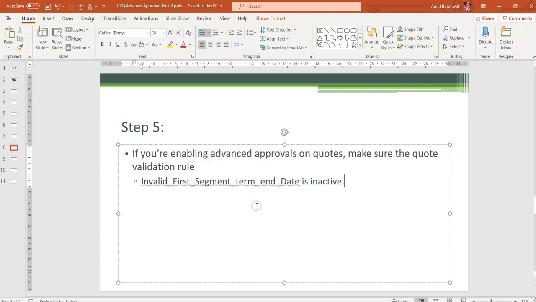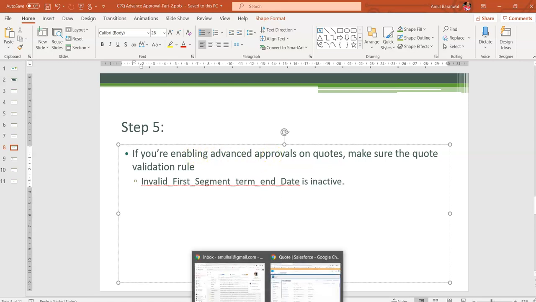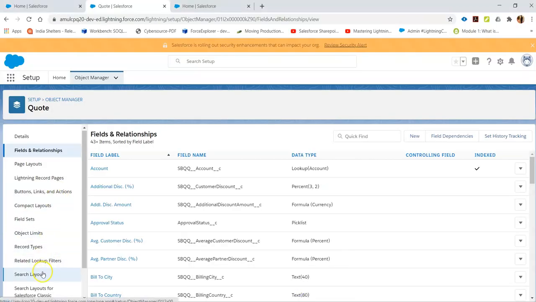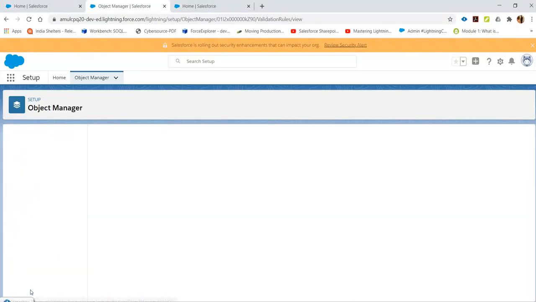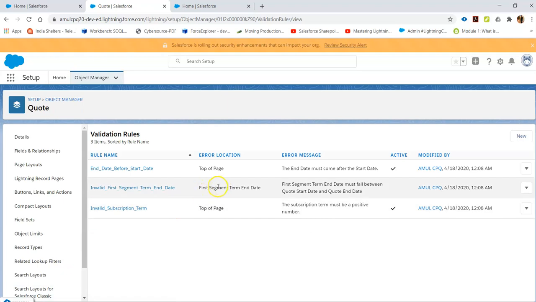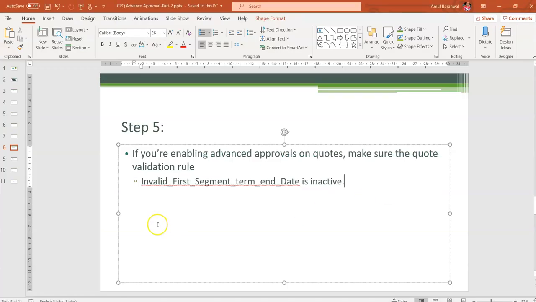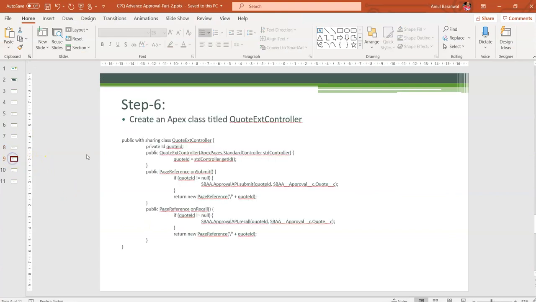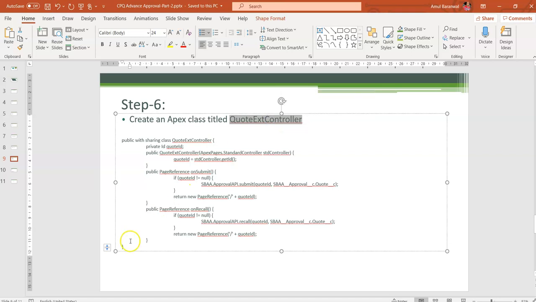We have to deactivate this validation rule if you are enabling the advanced approval on quote. Go to the validation rule. Look at that: the first one should be marked as inactive. Now I have my sixth step. I will have to create this controller class.